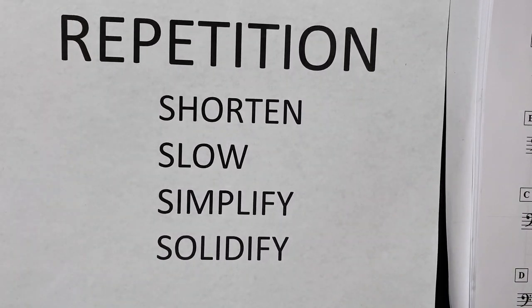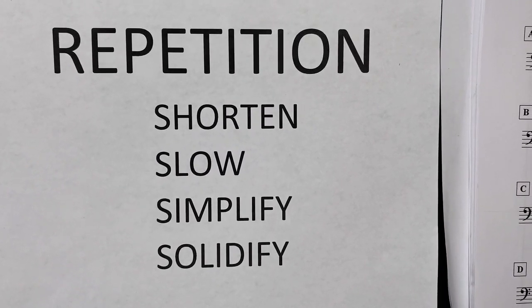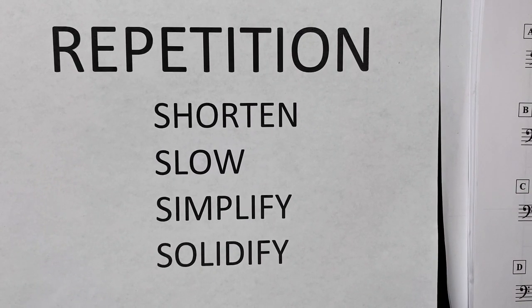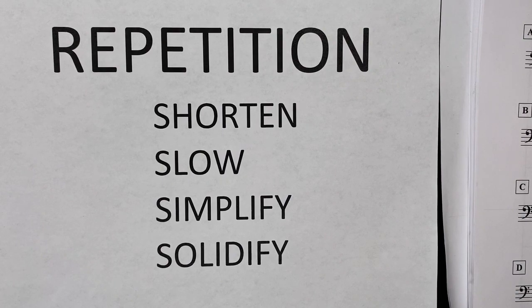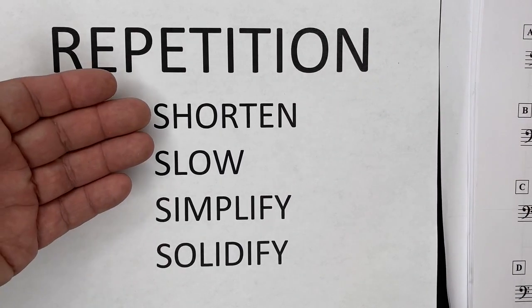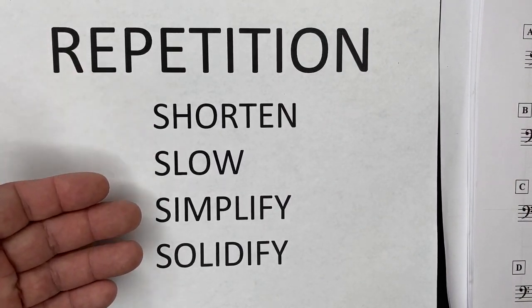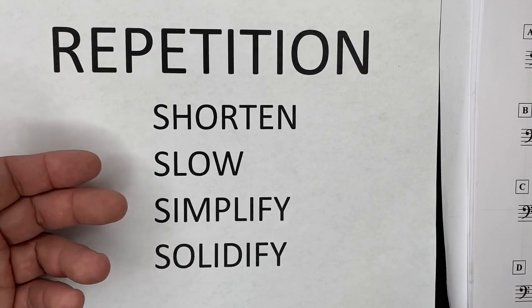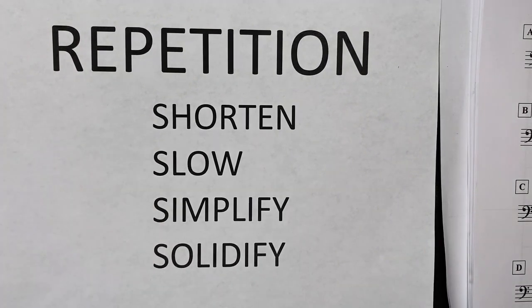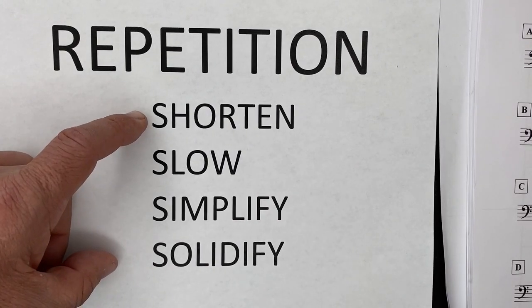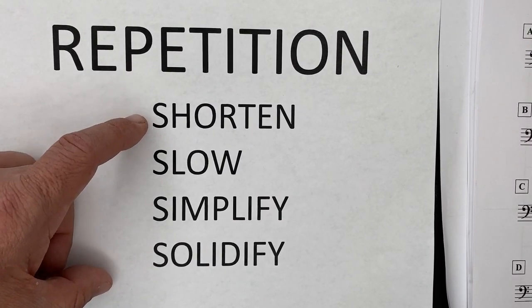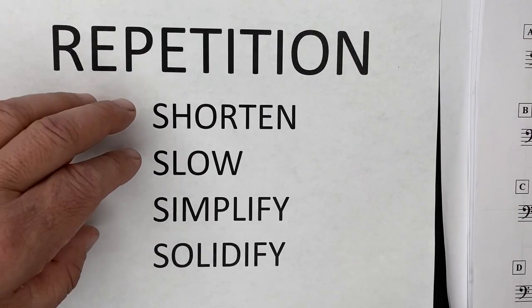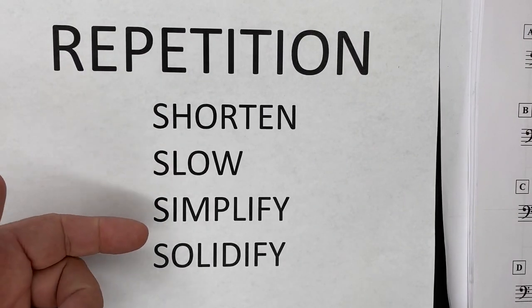It'd say, we learn music theory like we learn other things through repetition, right? But to do it correctly, I like to talk about 4 S's that go with it, where we shorten things, we slow things, we simplify things, and we solidify things. Many people, when they're practicing, understand about shortening things, going small little bits, and slowing things down. And you could say that's a form of simplification, but that's not the thing we're talking about.